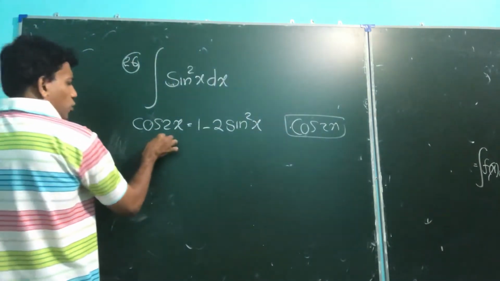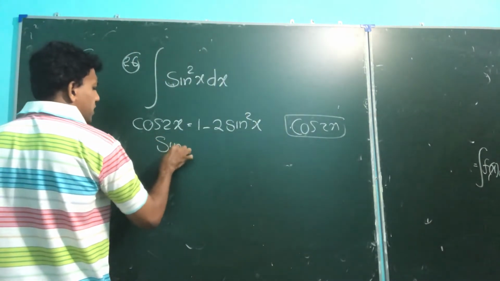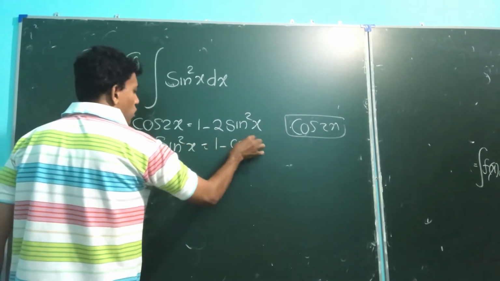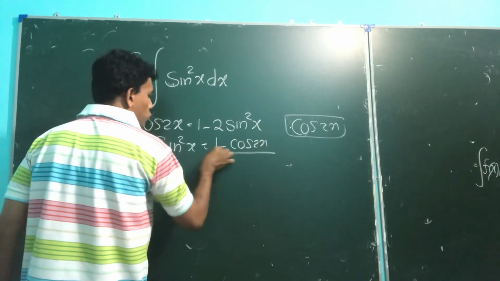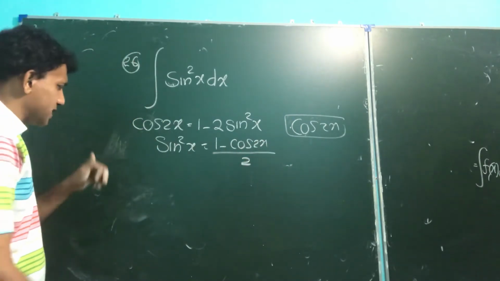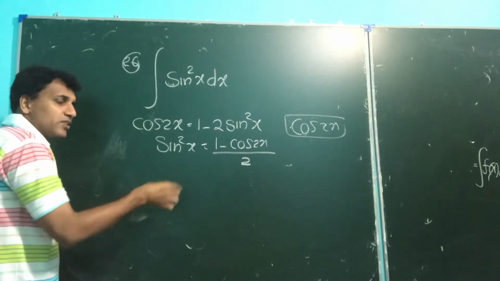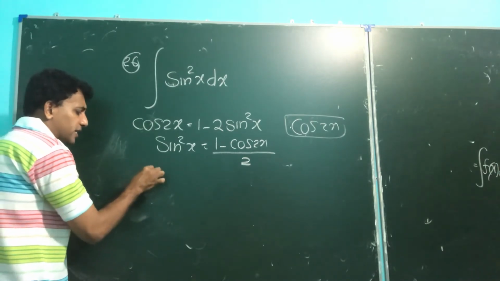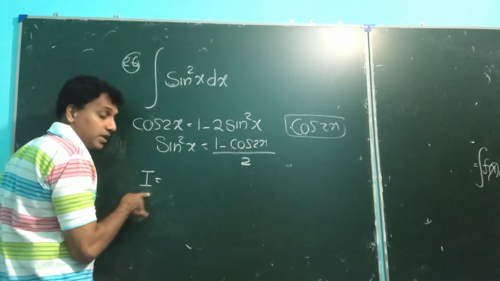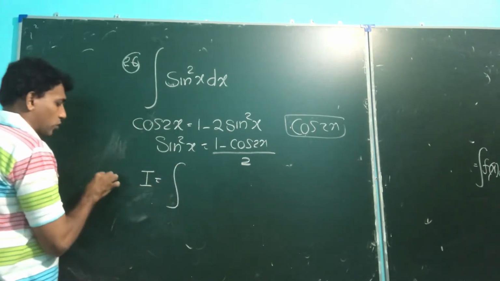Therefore, you know what sin square is here: 1 minus cos 2x by 2. That's all. Then you can complete the problem, right? Mostly for the integral, we take letters like I, J. I use I here; first time using it here, therefore I equals